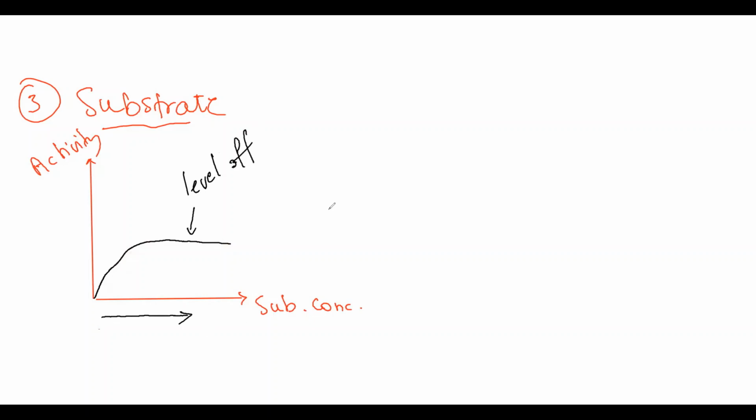But why does this happen? Suppose I have substrate molecules like this, a lot of them, because I'm explaining the effect of the amount of substrate molecules on the enzyme activity. Suppose I have a lot of substrate molecules and I have only 4 enzyme molecules. So this molecule is going to be fitted in the enzyme because I have only 4 enzyme molecules, and this is represented by this curve. It means that the rest of the molecules have to wait until these enzymes work and their products are released,